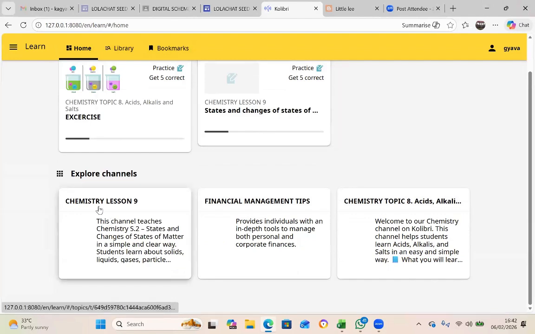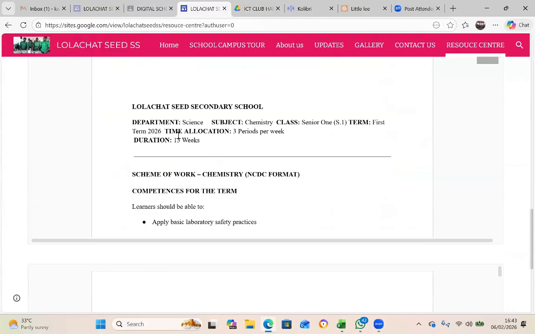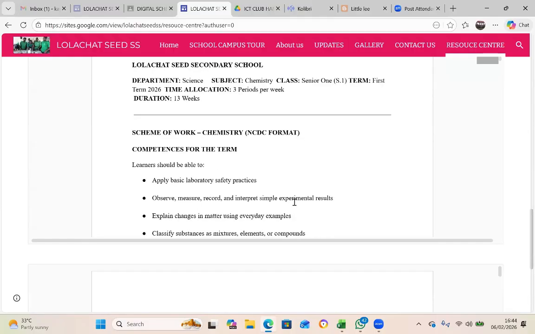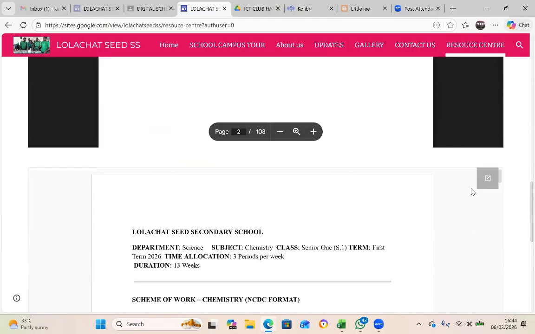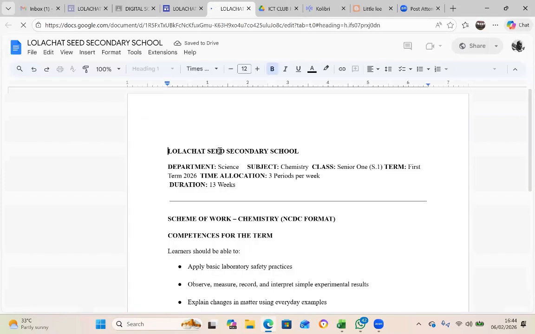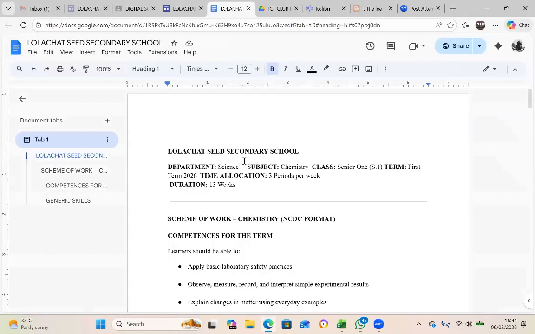You can see this is my chemistry lesson 9, the financial management, which I imported from one of the colleagues. I hope he's already online. Then chemistry topic 8, which also added the scheme of work, which I'm still working on. Of course, once you want to check it properly, you go on the pop out and you are able to see it. But I'm still working on that. I've not yet reached